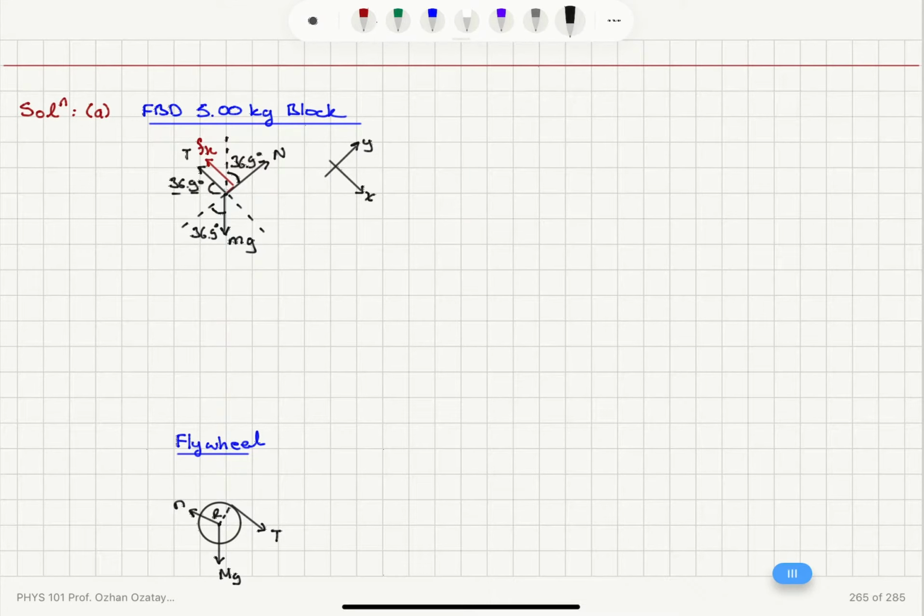Okay, the net force on the y-axis, let's use Newton's second law here, must be equal to the normal force. We have the normal force. These two forces are on the x-axis, but this force has a component on the y-axis, mg cosine 36.9. So normal force minus mg cosine 36.9 degrees, and as a result of these forces there is no motion on the y-axis, so this must be equal to 0. Therefore we see that the normal force is equal to mg cosine